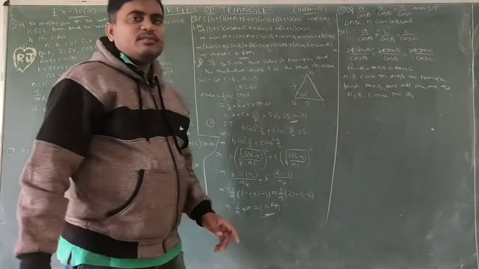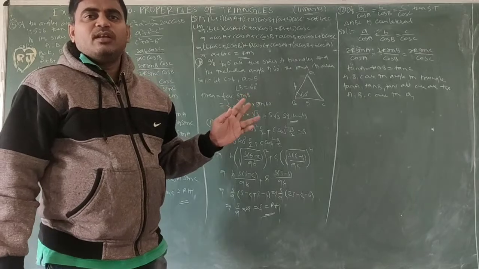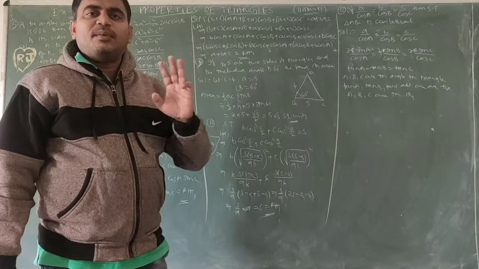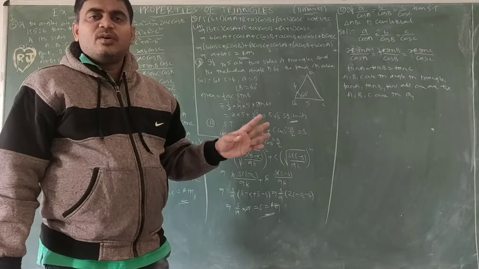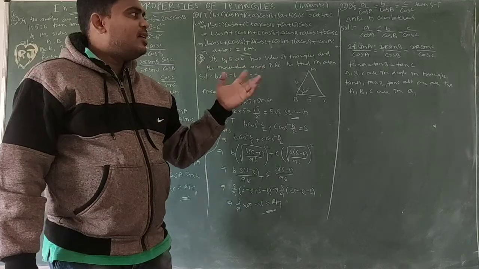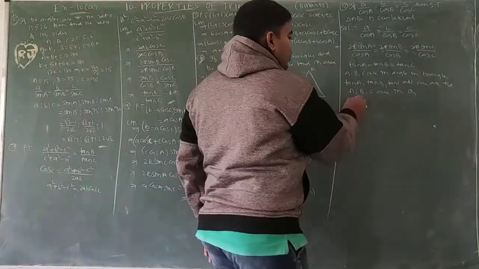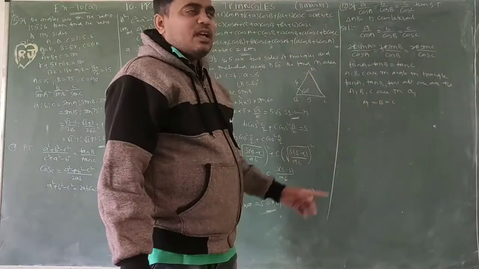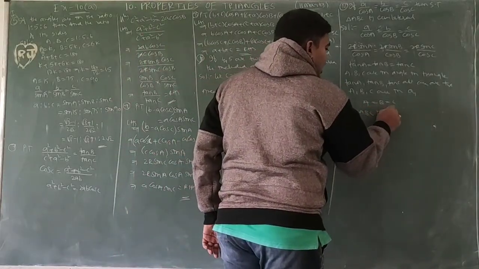In Q1, with different angles, the tan values won't be equal. So the angles should be equal. If A, B, C are different angles, tan A, tan B, tan C won't be equal. In any quadrant, for any trigonometric ratio, different angles give different values, and the same angles give the same values. So A, B, C won't be different. Therefore, A equal to B equal to C. Angles are equal. Therefore, triangle ABC is an equilateral triangle.